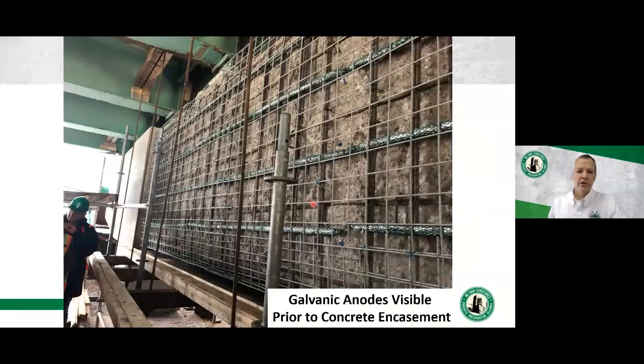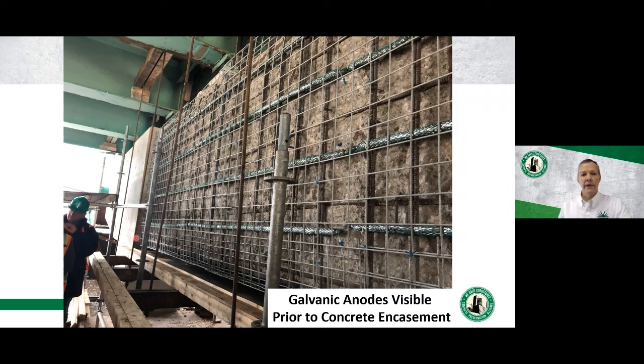Here's a close-up picture showing after the concrete removal. You can see the galvanic anodes installed here. They're the horizontal lines with the greenish color on them. They've got a layer of galvanized welded wire mesh there for crack control, and they're forming and pouring